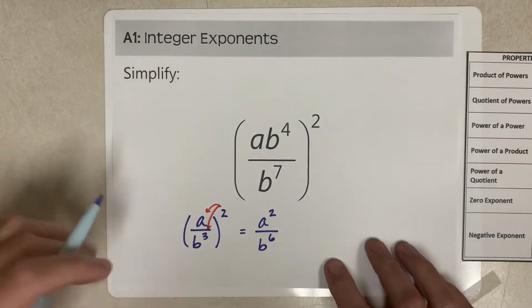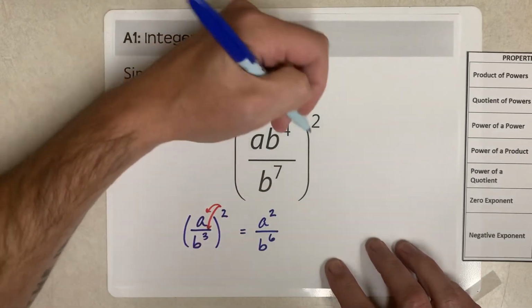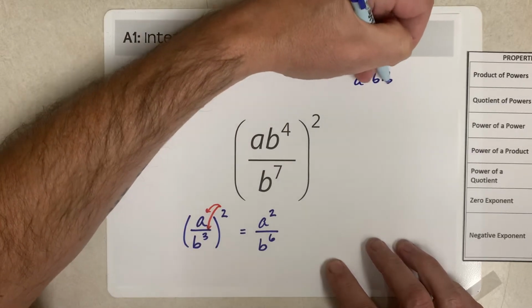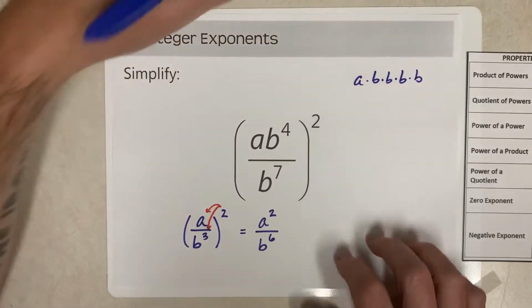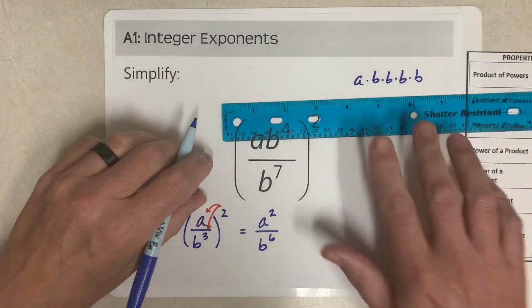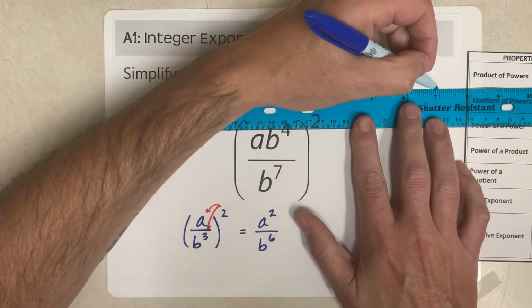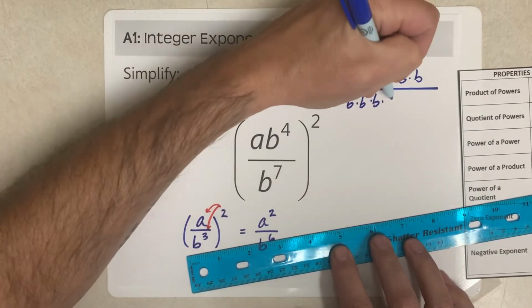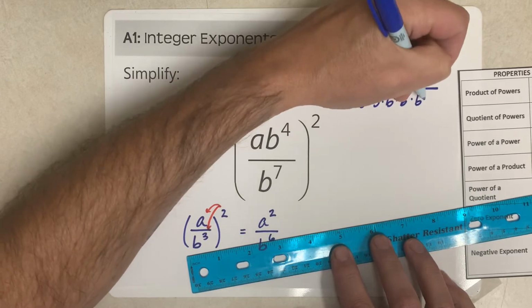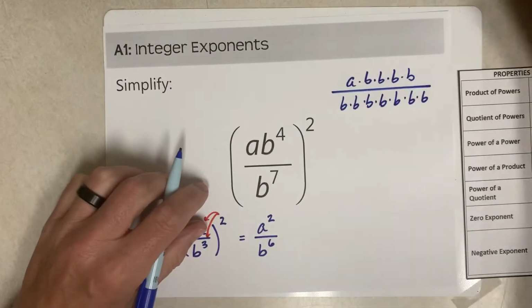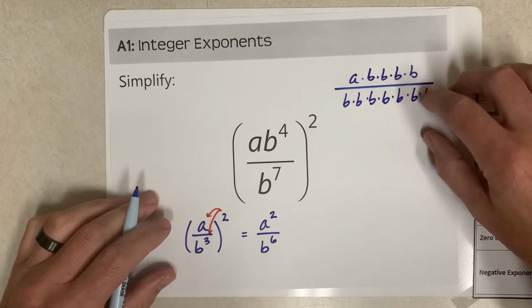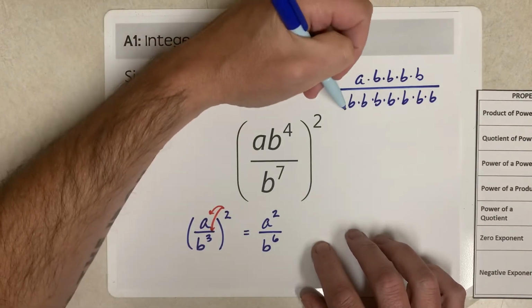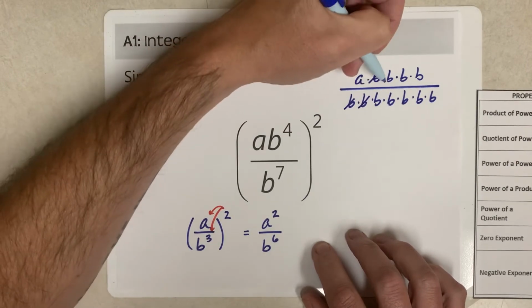So let me go back really quick and show you what happened up here. I'm going to ignore the 2 right there. I'm going to write a, and I'm going to write 4 b's like that. Then I'm going to put 7 b's in the denominator here just to show you what happened. 1, 2, 3, 4, 5, 6, 7. We know that these b's are going to cancel in pairs. Anything cancels in pairs because they're multiplicative inverses. So when they cancel like this,